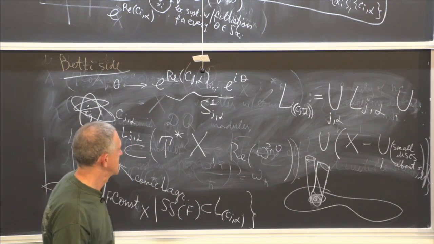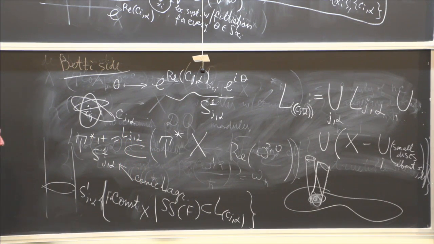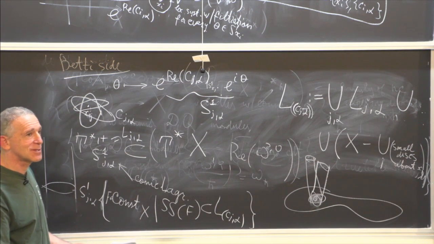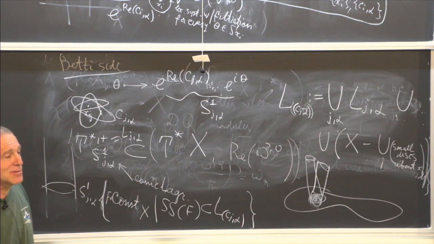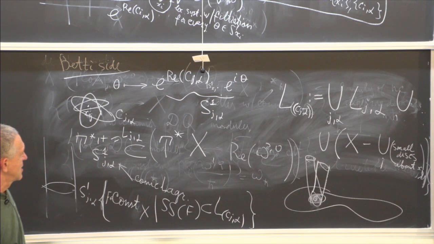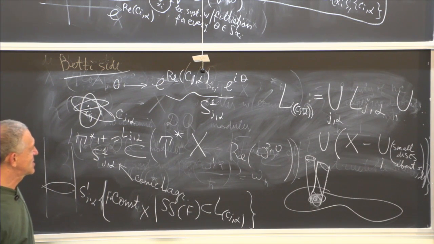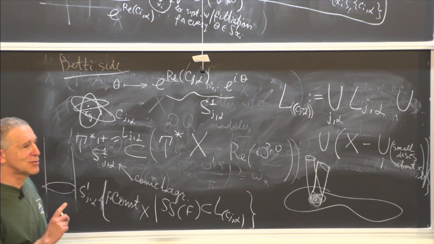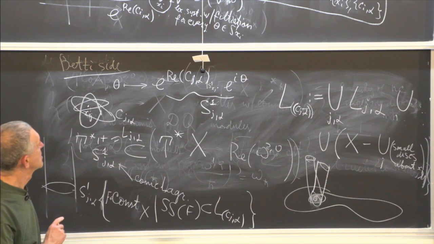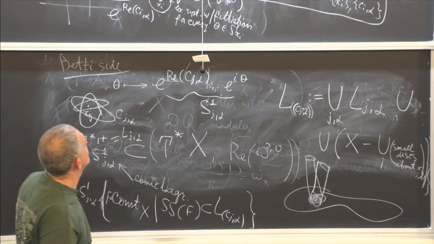It doesn't mean that they are formal, they are honest Lagrangians, but they depend only on singular terms. But by Deligne-Malgrange, we know that this is enough. It determines everything. How is the filtration encoded in here? This is not the filtration, Mohammed. It's the Betti side. You'll see the filtration on the de Rham side. But wasn't there a filtration on the Betti side? We had local systems on the circle. You mean how these